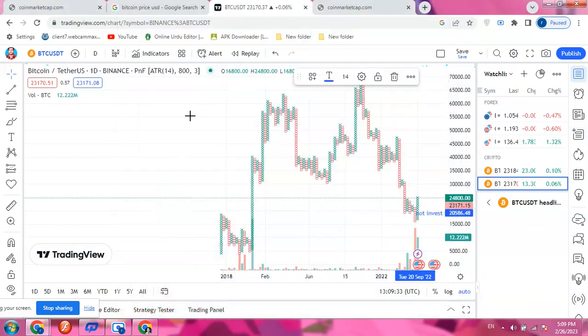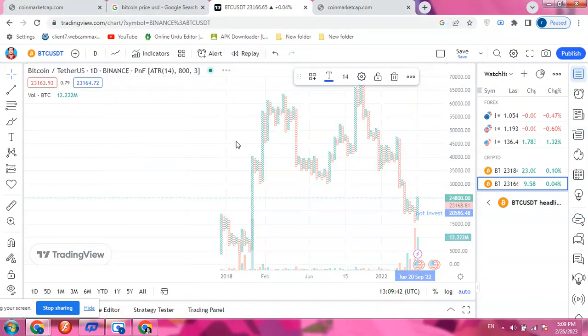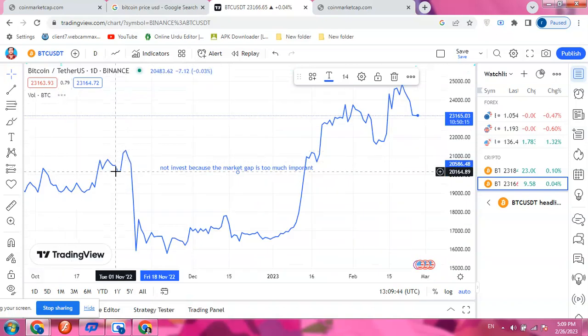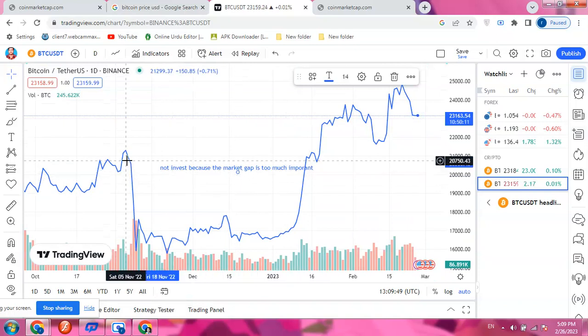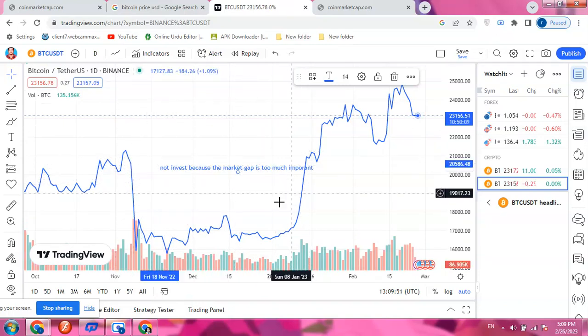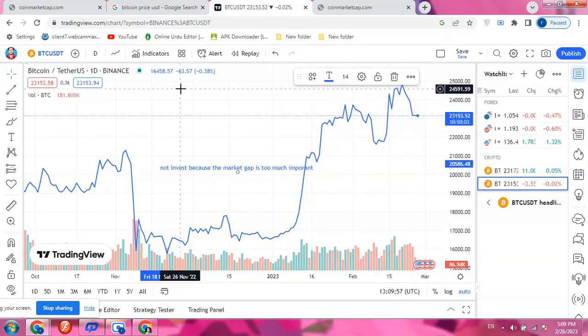Okay, next I will check some important things. The line is very important. We can draw the line and not invest, because the market gap is too important. The market gap in this situation is very important, and today the market is 23,139. Okay, done. And next